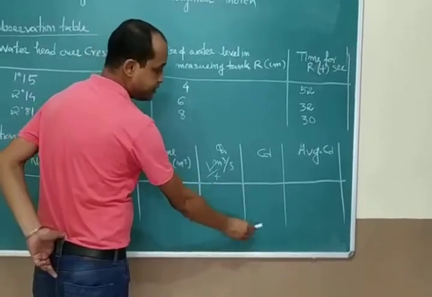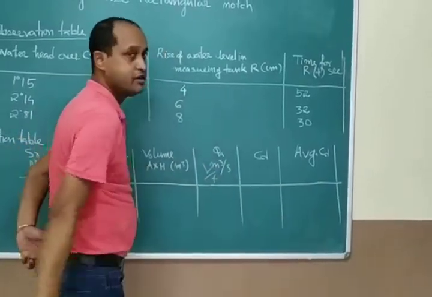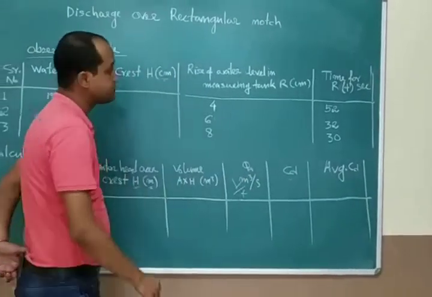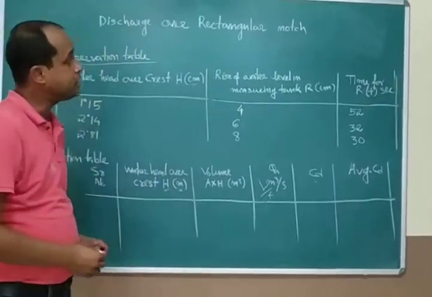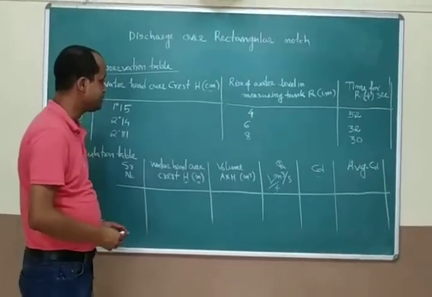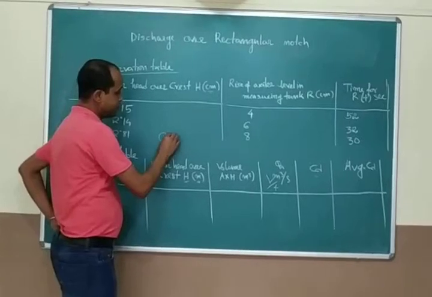After taking 3 readings, you can take the average of the coefficient of discharge. For a rectangular notch, the coefficient of discharge lies between 0.5 to